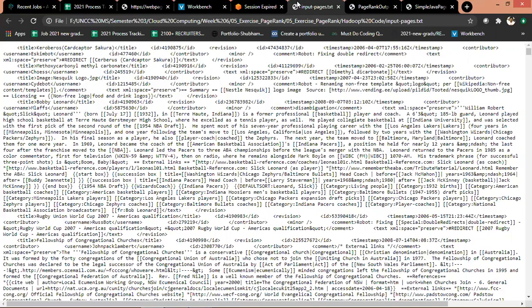Instead, we will be using a pre-processed version of the simple Wikipedia corpus in which the pages are stored in XML format with many thousands of pages per file. This file has been further pre-processed such that all the data for a single page is on the same line. This makes it easy to use the default input format, which performs one map call per line of each file it reads. So each page of Wikipedia is represented by XML as follows: the title of the page,